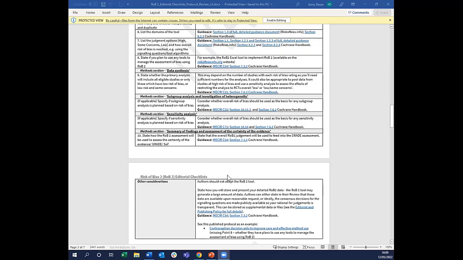Domain 1 of the tool is about randomization. So that's study-based, so that would be the same across all outcomes for one study. And then the others would be a bit different, because you're talking about deviations from the intervention, missing outcome data, the measurement of the outcome, and then the selection of the reported result. So they are dependent on the outcome that you're considering. However,